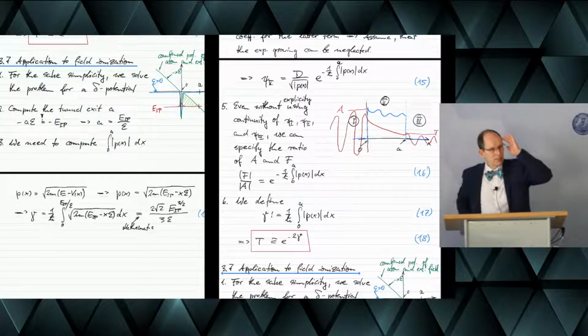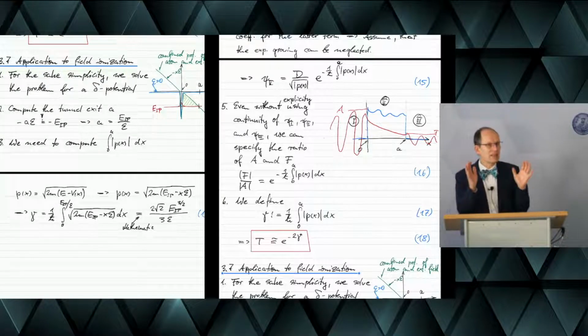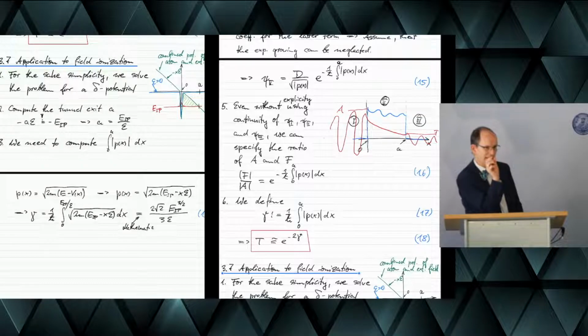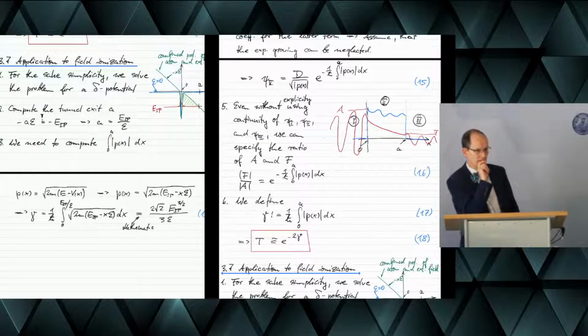So the question is, if the laser field consists of just a few cycles, we still look at an instant, at a small fraction of the cycle. Even for half a cycle, we would do the same thing here.